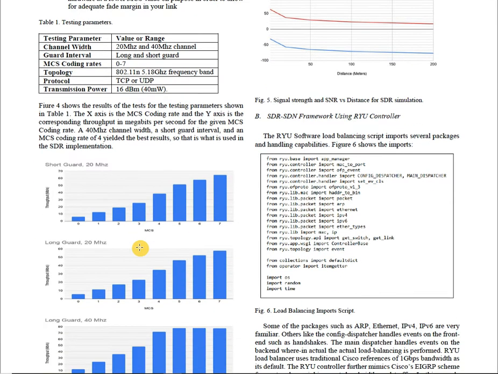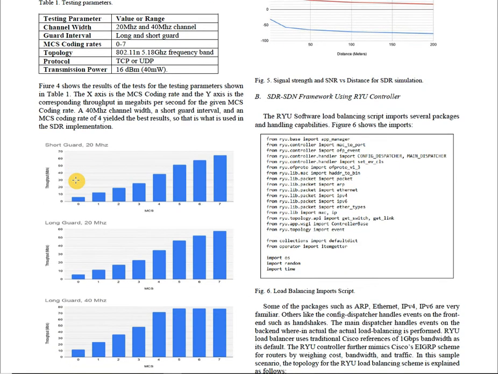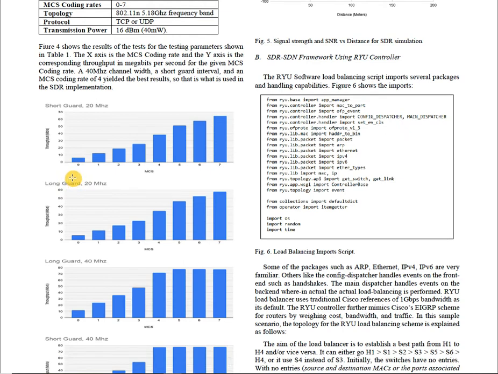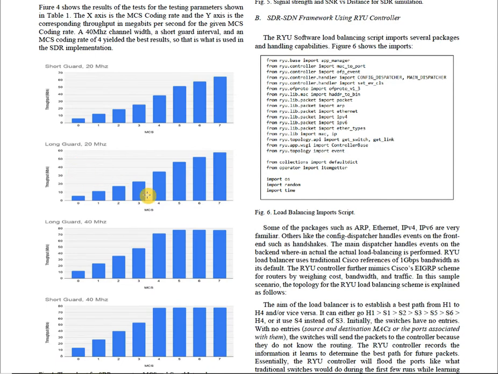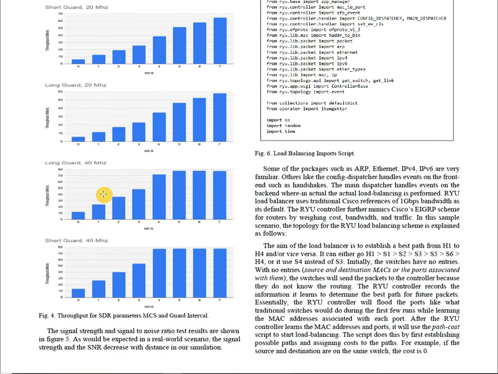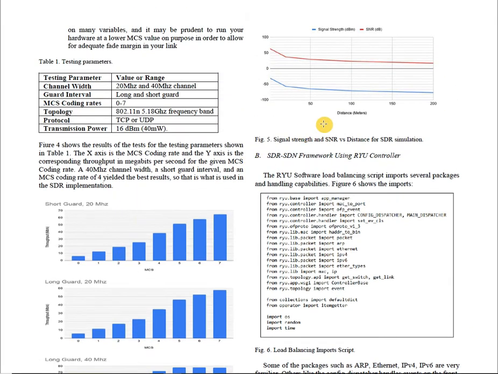Once we have these parameters, we can set up these different aspects of testing, including short guard, long guard, and different frequencies of transmission, as is shown over here. And you can see, depending upon the MCS, how much the throughput is for such situations. Next, we show how the signal strength and SNR change with the distance metric, which is the primary simulation parameter for the SDR aspect of it. So the previous ones were SDN parameters that we had simulated. This one is the SDR parameter that we simulate.